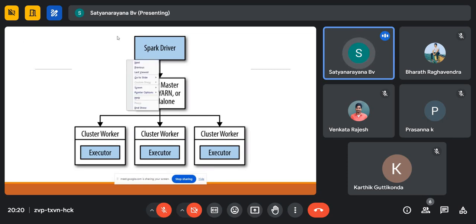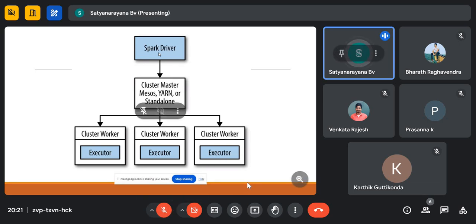Whatever Spark job you run in the Spark cluster, every job request is taken by the Spark driver, because the Spark driver is the Spark engine. The Spark engine we also call the Spark core. So Spark core takes the request, then it talks to the cluster manager, then the cluster manager releases the executors to process the data in memory. Once the process is completed, the cluster manager acknowledges the job status to the Spark driver, and the Spark driver acknowledges the job status to the user who ran the job. You understand, guys?